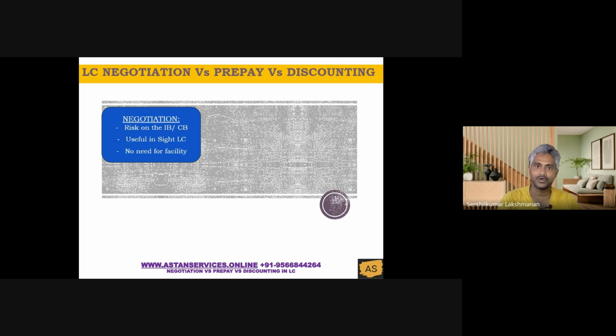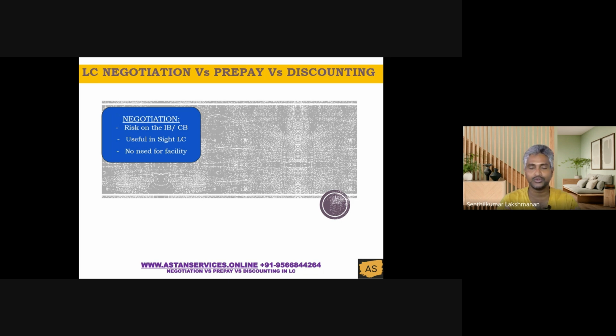Now you paid the documents on sight on day one, but the remittance of the amount from the issuing bank is going to come at a later day. So you will be out of funds for a brief time period. Now, who is going to bear the interest for the funds which are out of your account? So this is the reason when you word the LC, if it is sight honor, you need to ensure you have the debit authority with you.